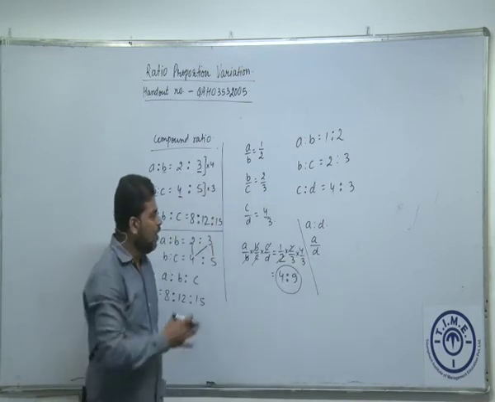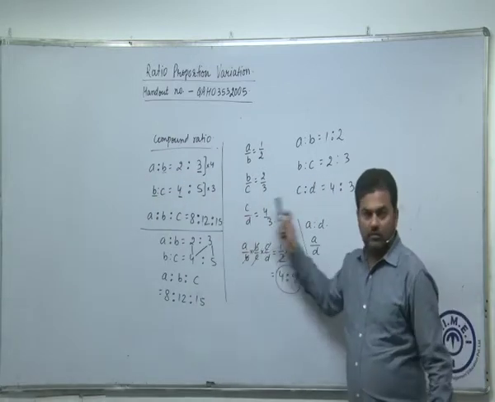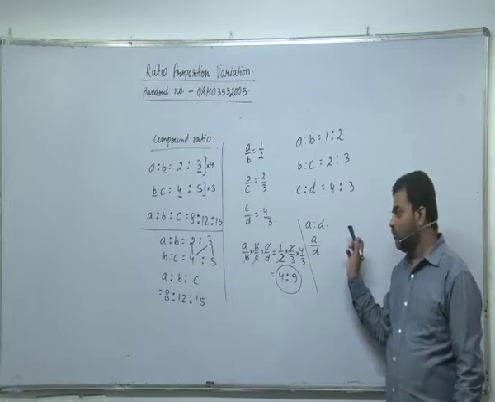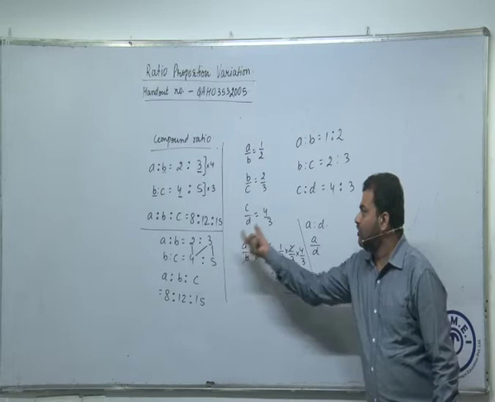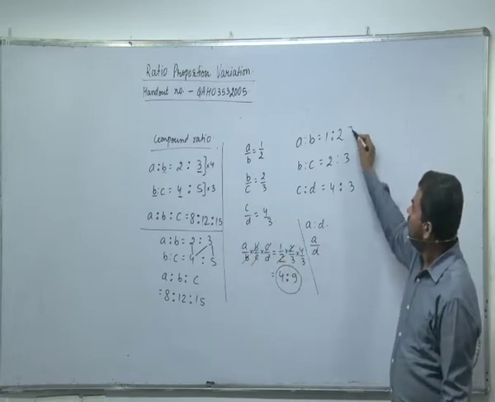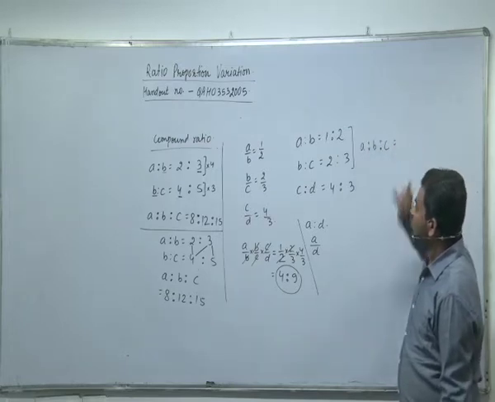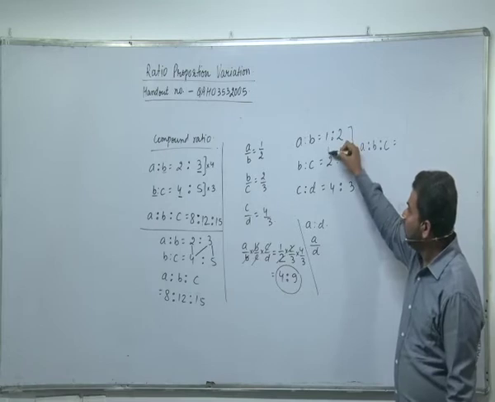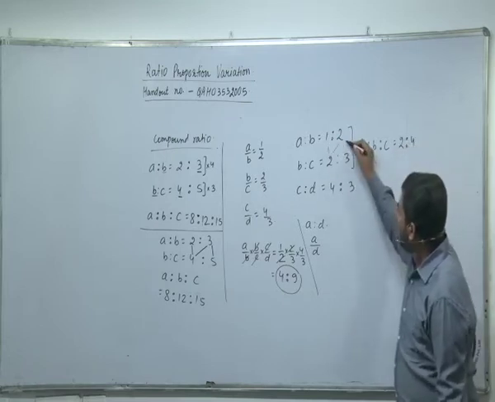Okay. You will wonder that I have not used this concept here. We could have used that concept here also, but then if we get the answer easily, we don't have to involve this one into this. If I use this one into this, then first of all, we would have found A is to B is to C, which would have been 1 into 2, 2 into 2, and 2 into 3.